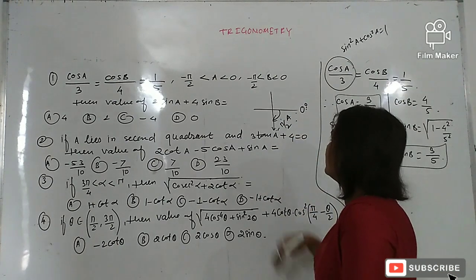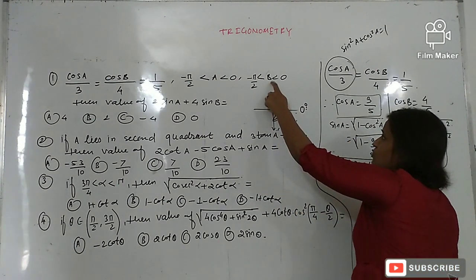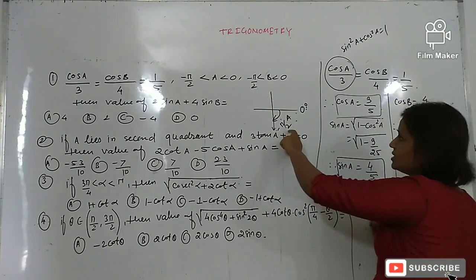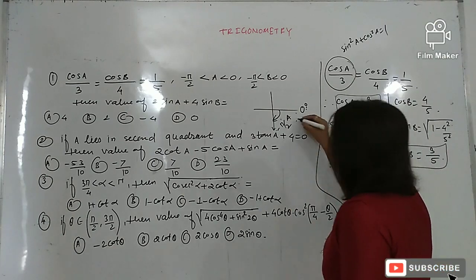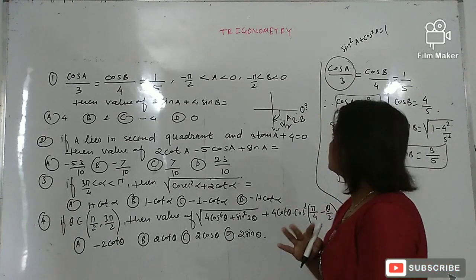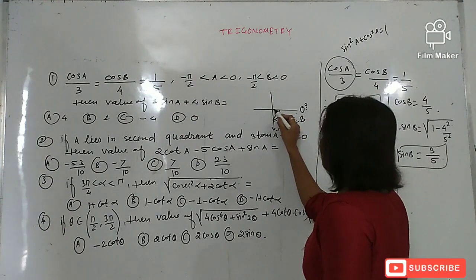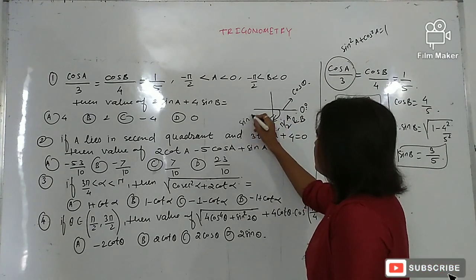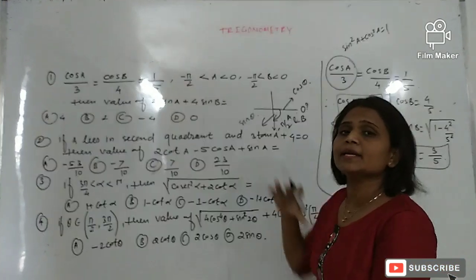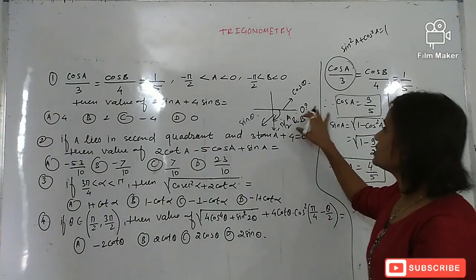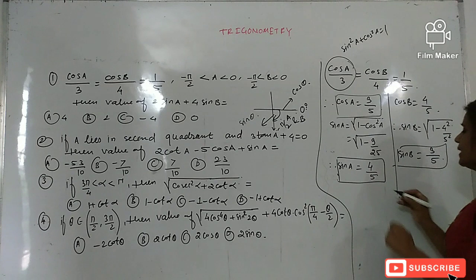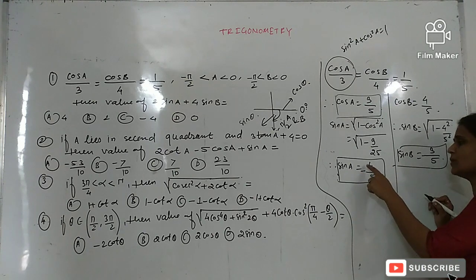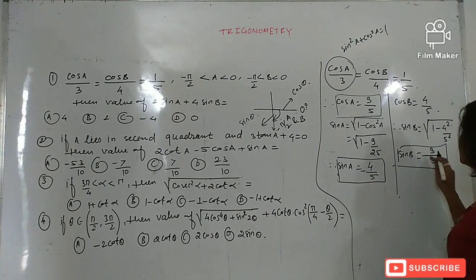So this quadrant is the fourth quadrant, and similarly this B is also present in the fourth quadrant, 0 to minus pi by 2. So 0 to minus pi by 2 means the fourth quadrant. Okay, so both angles A and B are present in the fourth quadrant. So in the fourth quadrant the x coordinate means cos theta and the y coordinate means sin theta. Means in the fourth quadrant the sin ratios are negative and the cos ratios are positive. So we have to give the negative sign to both sin A and sin B. So sin A is equal to minus 4 by 5 and sin B is equal to minus 3 by 5.